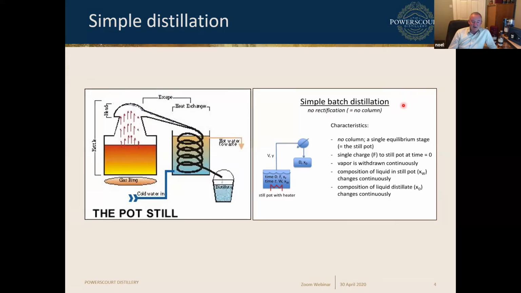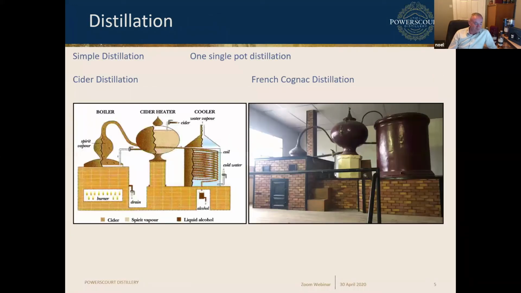how it's just a single distillation. Vapor is withdrawn continuously here. Composition of the liquid is pot still, and then etc. So we'll quickly move on to the next stage, which is an example of where we would use a single